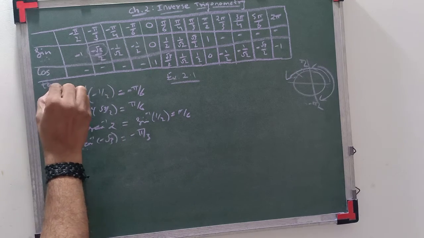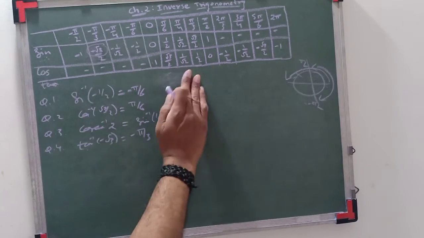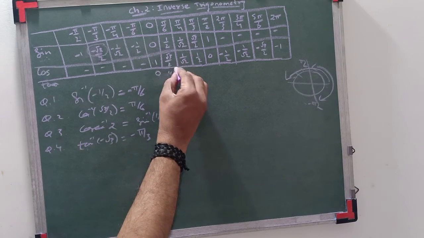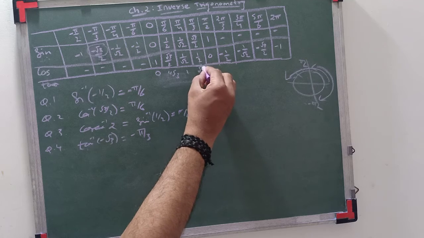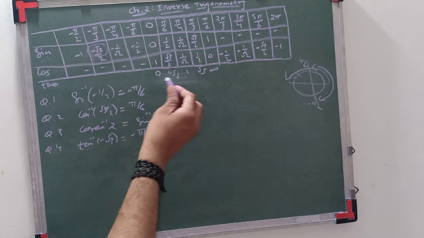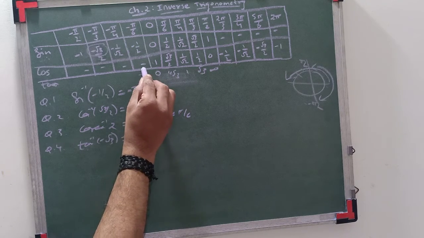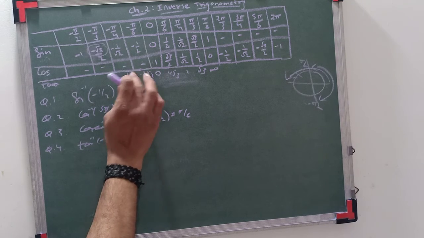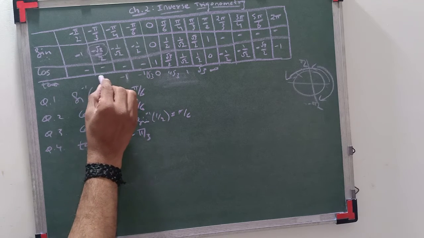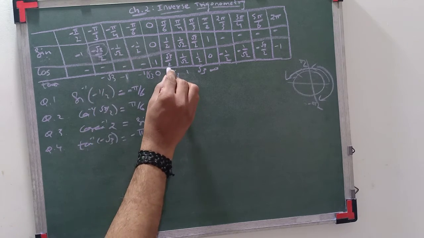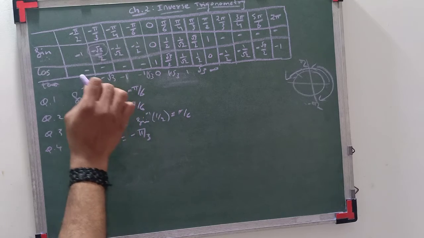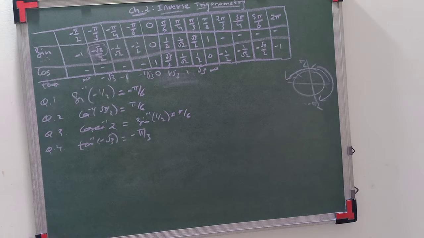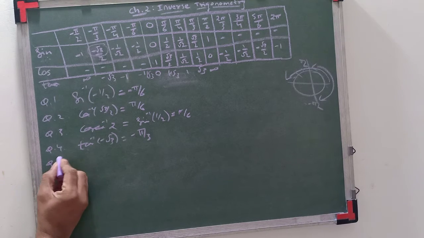Suppose I am making a table for tan here. In tan, you know, 0 upon 1 is 0, 1 upon root 3, then it will be 1, here it will be root 3, and here it will be undefined. So when we move back side, here it will be minus 1 by root 3, then here it will be minus 1, and here it will be minus root 3. Minus 1 by root 3 will be here, minus root 3 will be here, and here it is undefined. So tan inverse of minus root 3 we get minus pi by 3 directly through the table. You can write it down. A method is there, but we don't bother about the method.